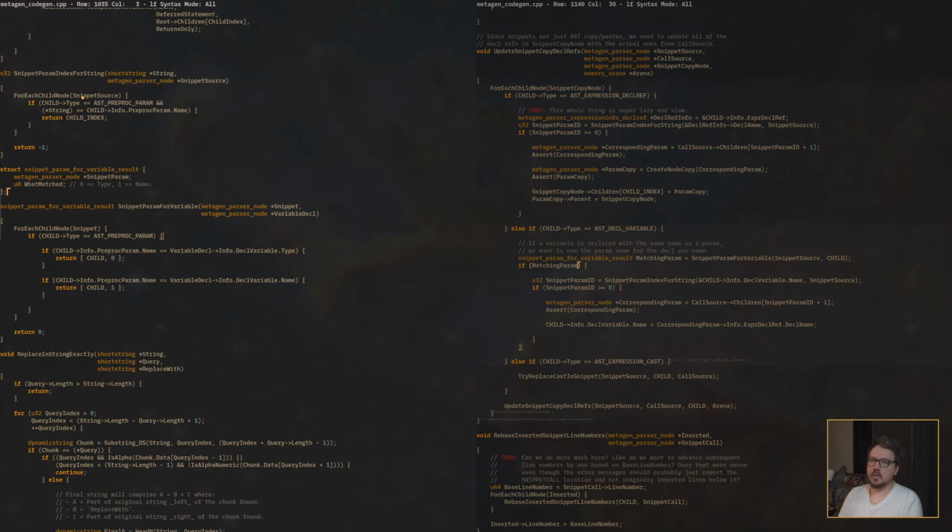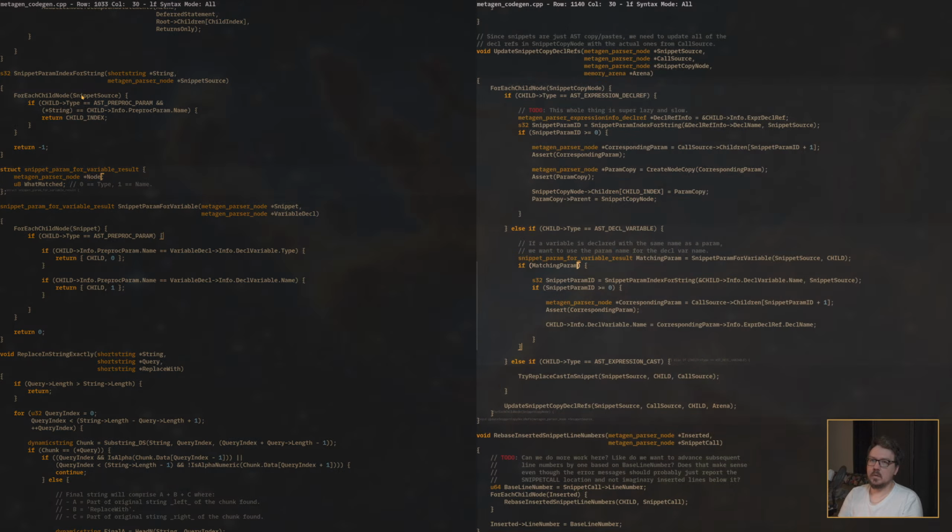So we'll say type name, this will be 1. If the type matches, we return 0. So then here, matching param is a snippet param result. If matching param, we'll call this node. If we got one back, then